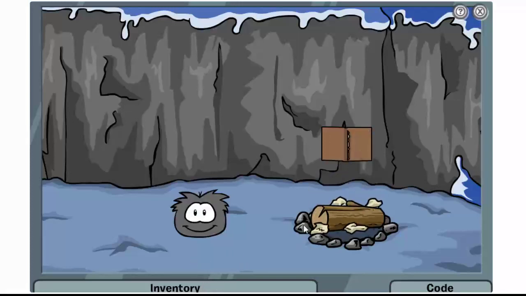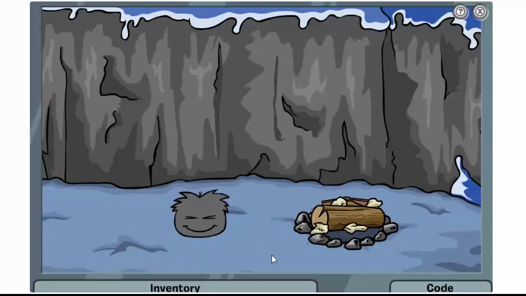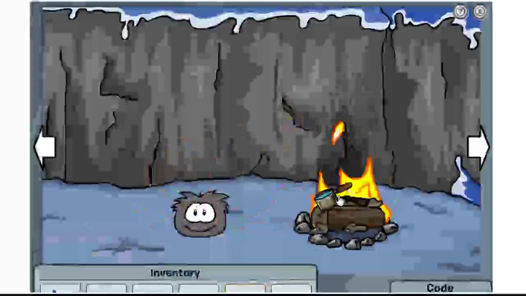Just click on the rock, put the log, put the book, and then feed the puffle. And once the puffle lit the fire, you just get the pen and get the water and put it here as fast as you can, and just